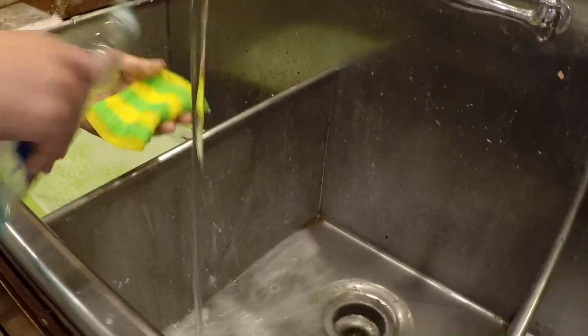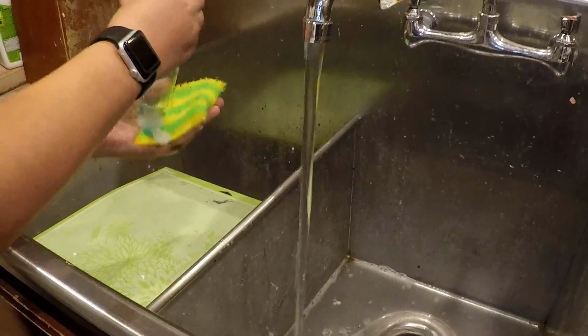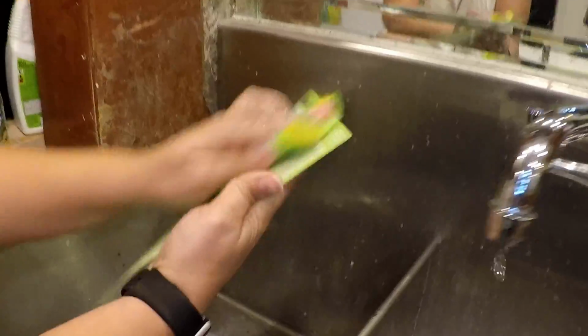Now, I'm going to go over here to my kitchen sink, turn on the water, take my scrubber sponge, wet it. I'm running out of soap, so this might take a second. Add some soap, and we'll turn that off while we're doing this part because there's no point in wasting the water. And then just take my scrubber sponge